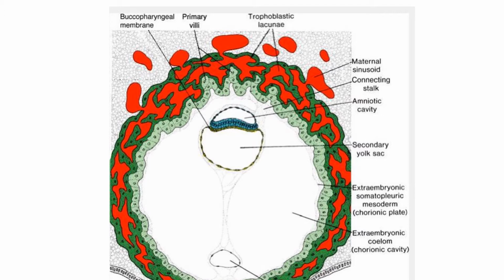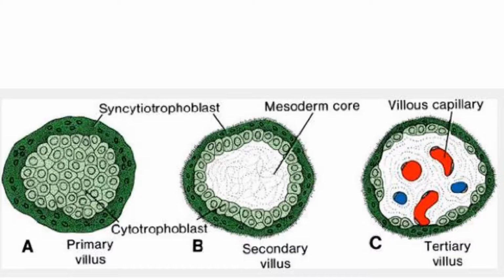Third, there is the barrier function. The placenta acts as a selective barrier, allowing the transfer of substances that facilitate the growth and development of the embryo. It prevents the entry of harmful substances including certain drugs, viruses and toxins. Then there is hormone production. The placenta synthesizes several hormones. Progesterone helps to maintain the pregnancy after the fourth month, and estrogen promotes uterine growth and development of the mammary gland. So these are the placental functions.